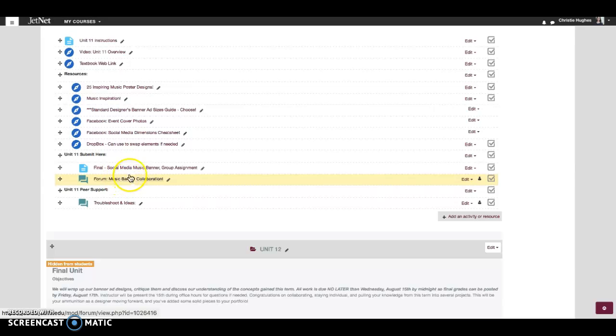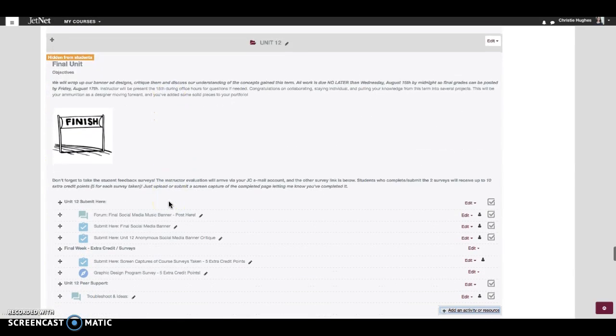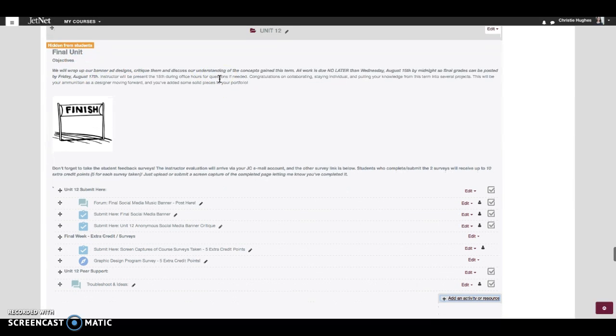So you must have gathered your music assignment, posted an element, and now you're on to the final design in this final unit. I've given you your submission area. Be sure that everything is submitted no later than Wednesday, August 15th by midnight so that final grades can be posted by Friday, August 17th. So that's plenty of time. I really give you a good week and a half, unit and a half to complete